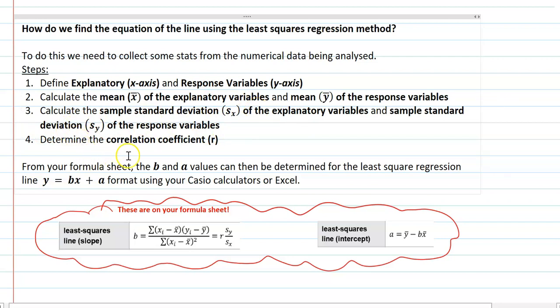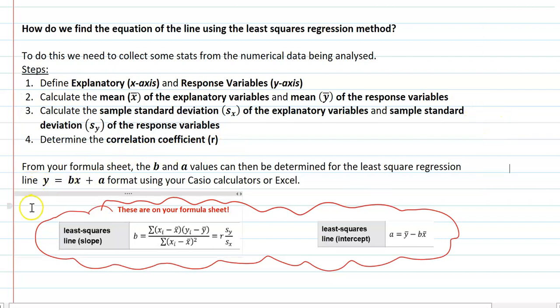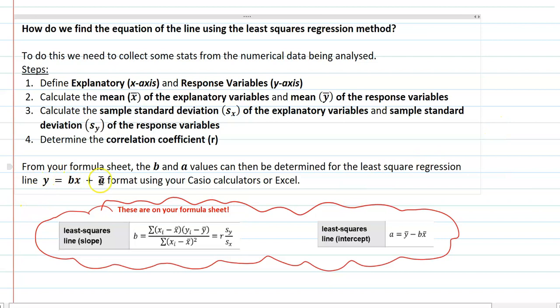And then lastly, we need to determine the correlation coefficient. From here, because our linear model has the form y equals bx plus a, we can use the formula on our formula sheet to calculate the values of b and a. Substitute them in and we have our linear model.